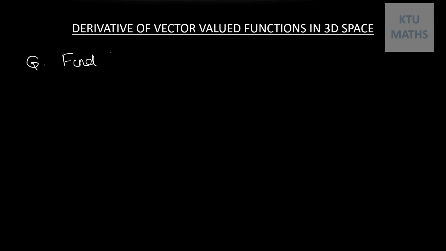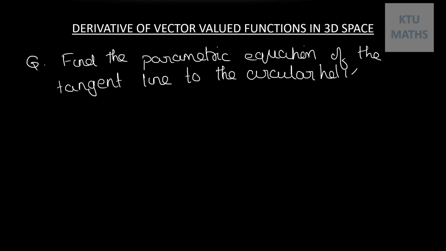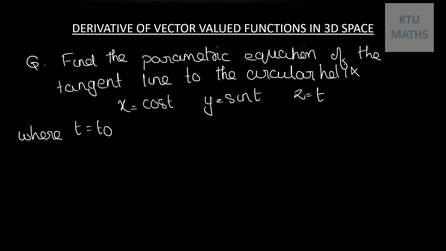Find the parametric equation of the tangent line to the circular helix x is equal to cos t, y is equal to sin t, and z is equal to t, where t is equal to t0, and use that result